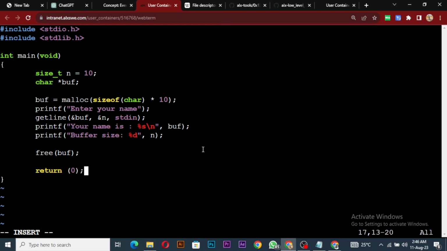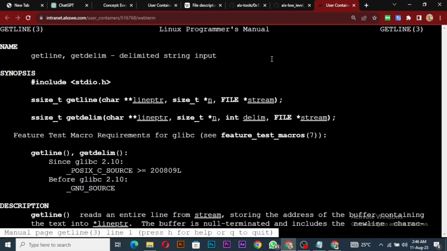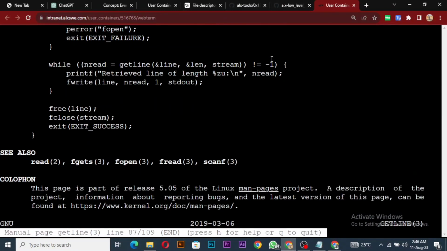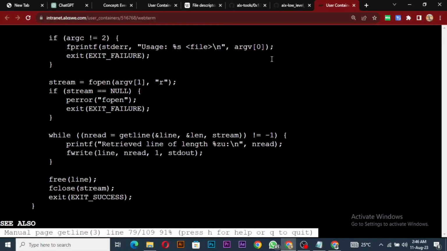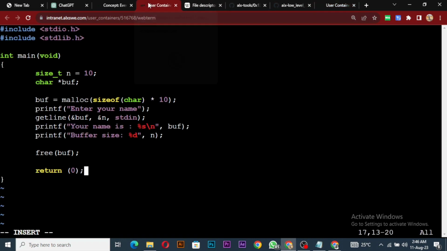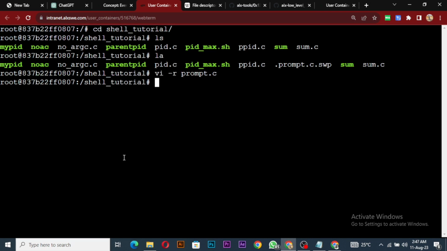So I think like this, let me just remind this guy, man getline. Okay, so we have that. So let me just see. Okay, so from the example we have our character. I think is good this way. So I think we are good this way. What else? So let us do this and clear,